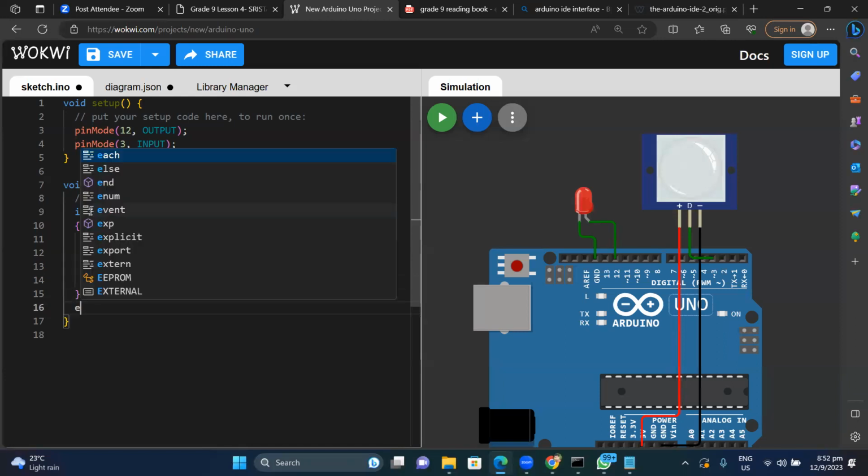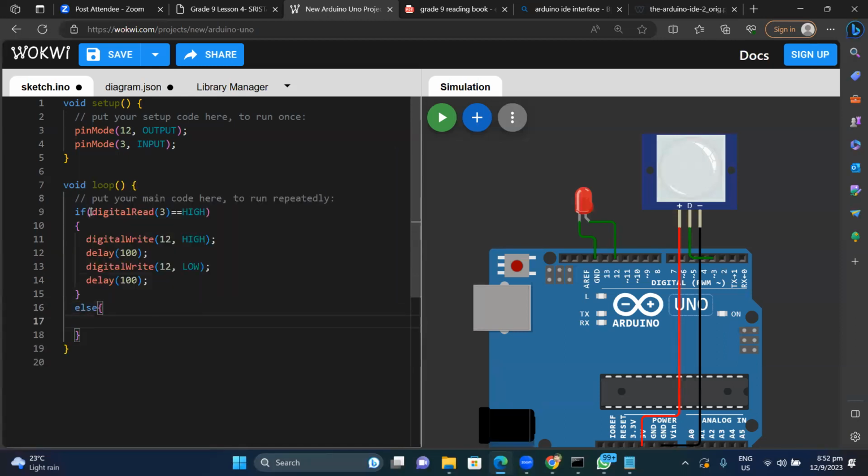And else, that is no motion detected, and we are going to turn off, digital write 12 to low, and let's delay it for 100 milliseconds. The first one is done. This is the program for